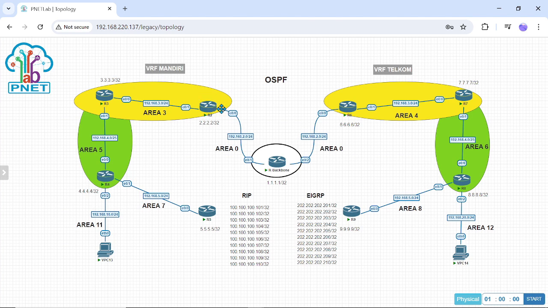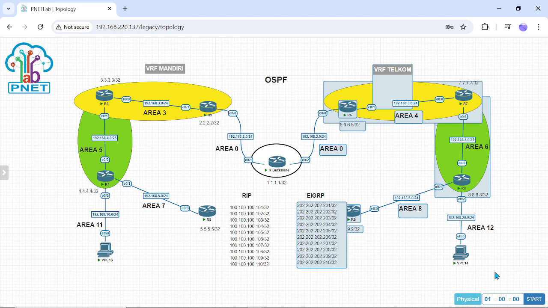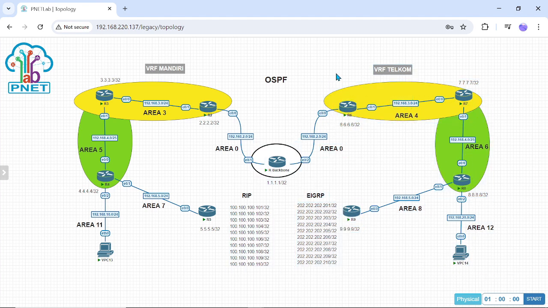If we want to see the VRF configuration, we need to check in the middle of VRF Mandiri and VRF Telkom, or in the center router that makes the VRF for the left side topology and the right side topology, for Mandiri and for Telkom.